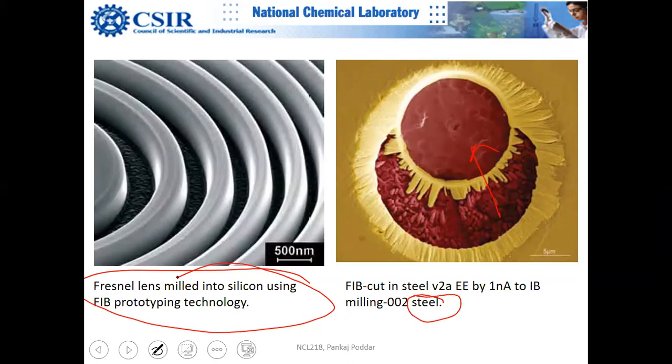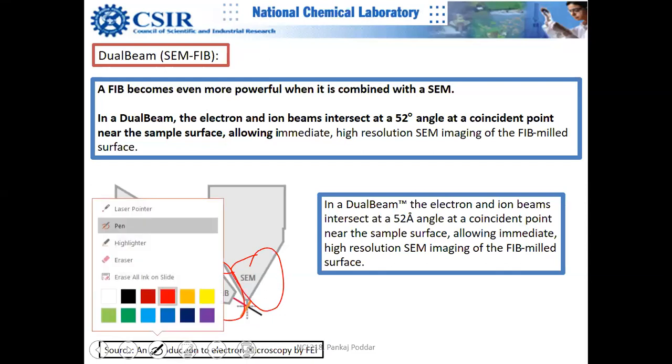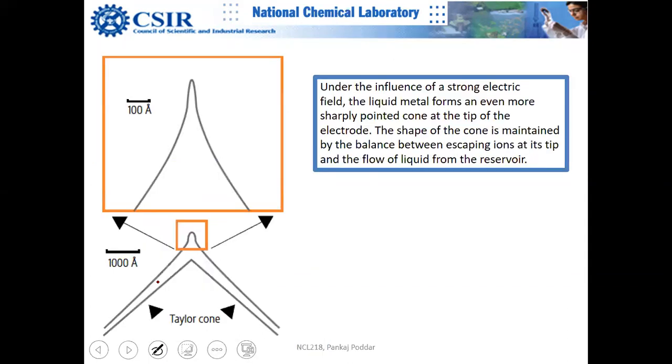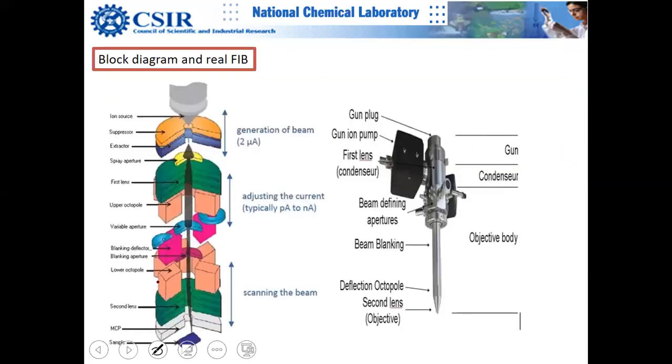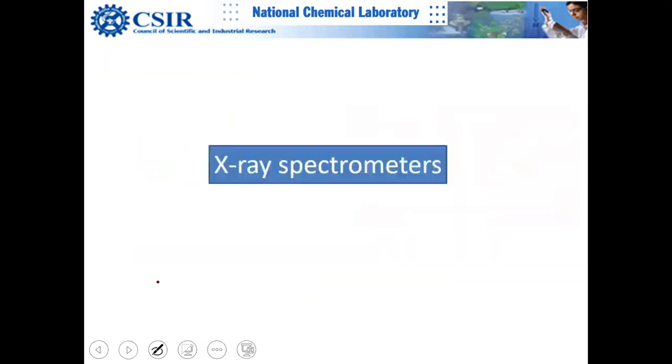But chemistry students will definitely be interested in depth profiling for compositional analysis, because there is an EDAX detector built in. You can use the power of the EDAX detector, peel off layer by layer and expose the fresh area. Now you can see that there is a focused ion beam and there is an SEM, so you can use the power of both to simultaneously image and analyze. There is no need to go into detail about the engineering aspect, because that's not the purpose. So I think I should end it here.